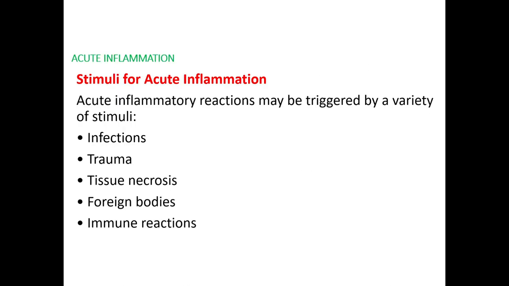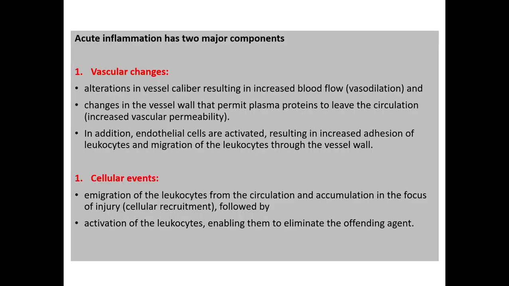What are the stimuli of acute inflammation? The stimuli of acute inflammation are many, like infection, trauma, tissue necrosis, foreign bodies, immune reactions. Acute inflammation has two major components, the vascular change and the cellular events. The vascular change includes alteration in the vessel caliber resulting in increased blood flow, which means vasodilation, and change